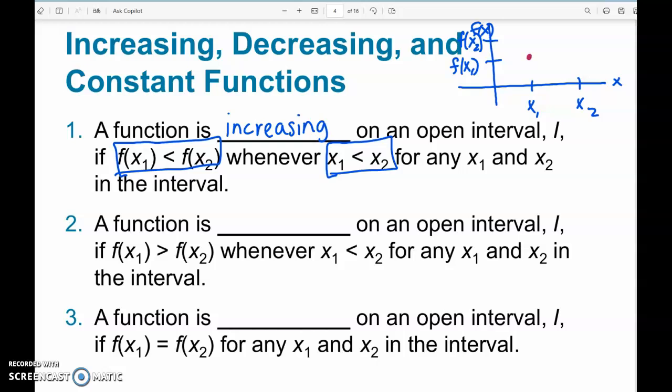And you've got an ordered pair here, x sub 2, and its output. If the output of the first input is less than the output of the second input, then the function is increasing. So you're going to see the line will go up. The line will go upwards